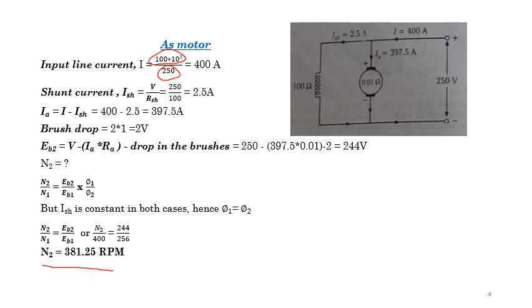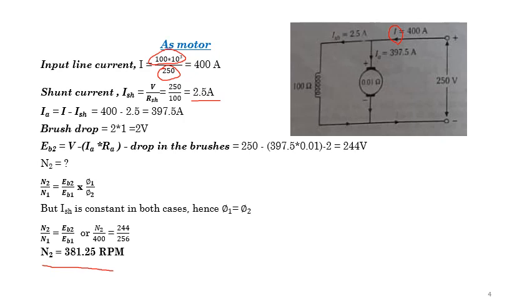So I am going to calculate what is this input current. So I is equal to P by V. Next, shunt current. Shunt current was not given, so we are going to calculate ISH is equal to V by RSH. Next, armature current was not given, so if you have to calculate armature current, now for this motor what happens,